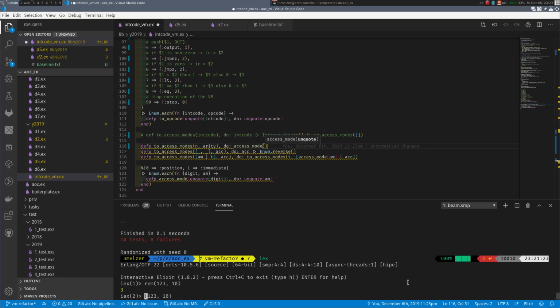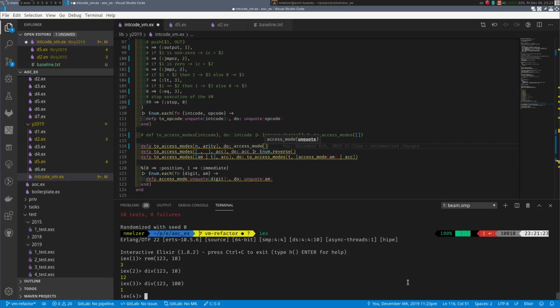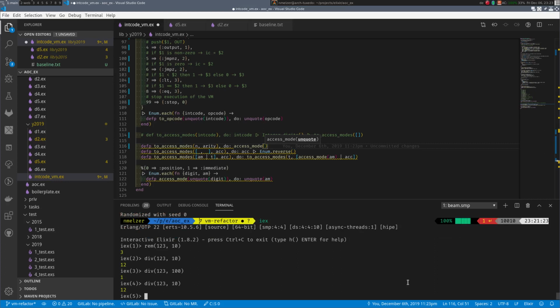And if I want so 100 will, okay, and now I had to run 10 that for the second and the third. Yeah, to access mode we have to